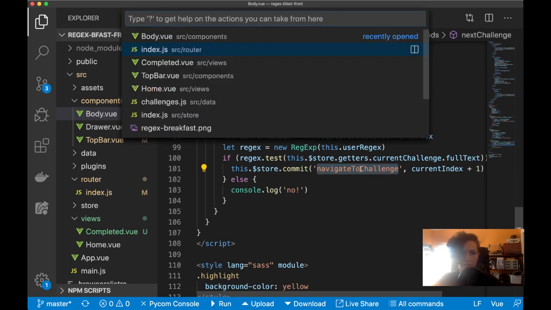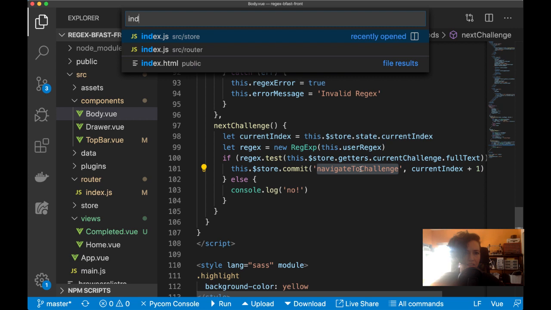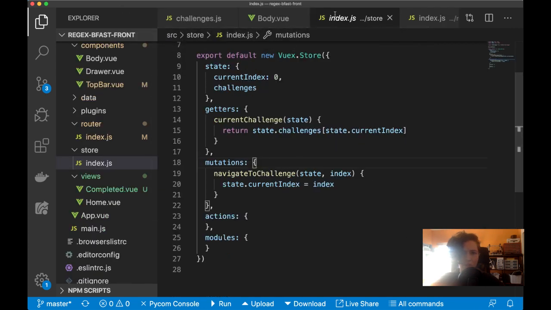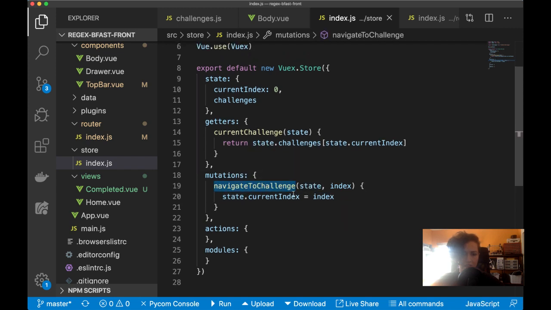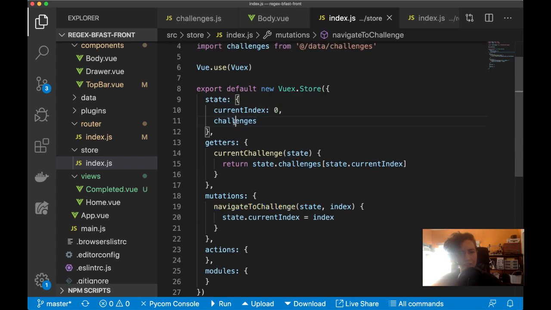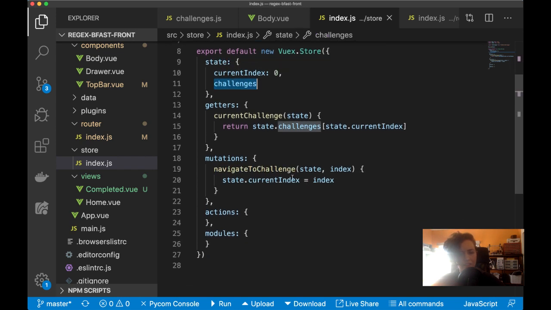So let me pull up the store. So I have this mutation, navigate to challenge, and even if it's the last challenge. So I need to, I guess, get the length of the challenges in here. And if it's the last challenge, I need to do something else. And so I think I'll do this in an action then, because I don't want to do anything in my mutations other than